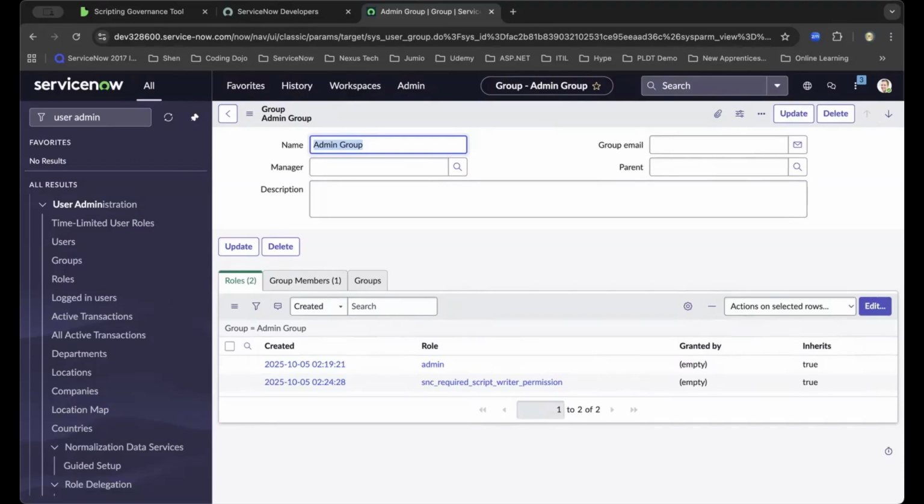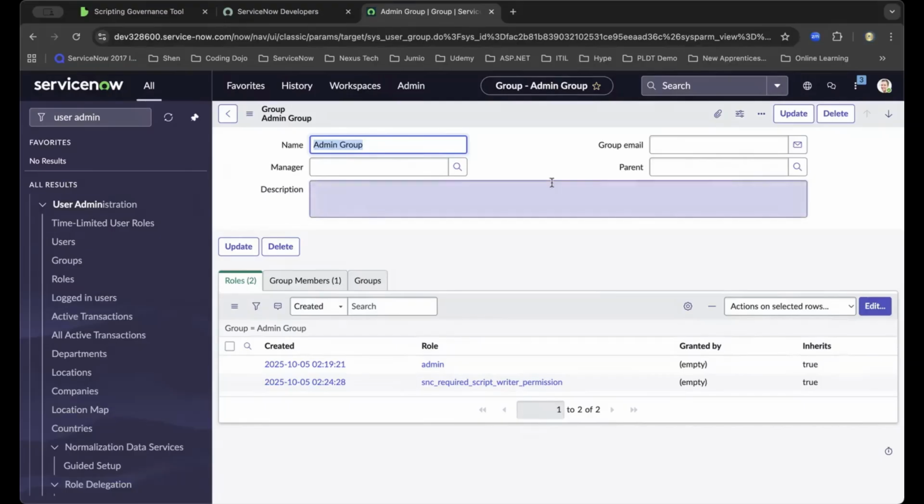Now, this single configuration ensures that all admin group members, including Clark Kent, regain scripting capability without bypassing governance controls. You can also enable auto-assignment if you want ServiceNow to dynamically manage who gets this permission based on recent scripting